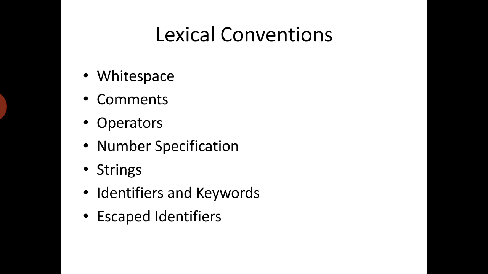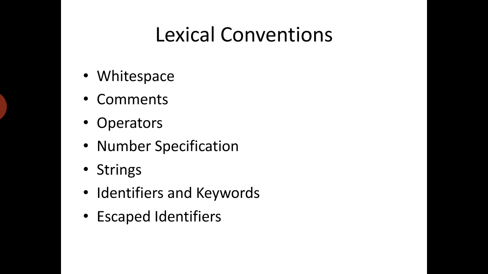Lexical conventions are basically a stream of tokens that we use while writing the code. While coding, there will be some keywords and the logic we need to write, and depending upon that we write the code by using the abstraction levels. While writing the code, to get readability, to understand the code properly and write it properly, we need to use some conventions, the lexical conventions.